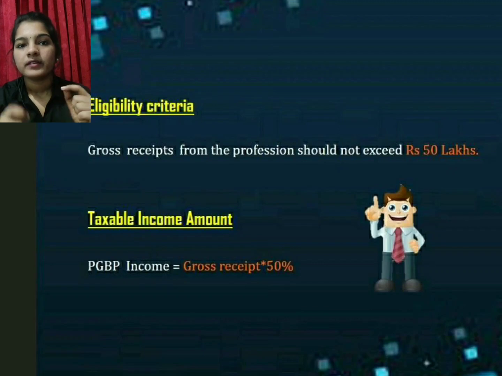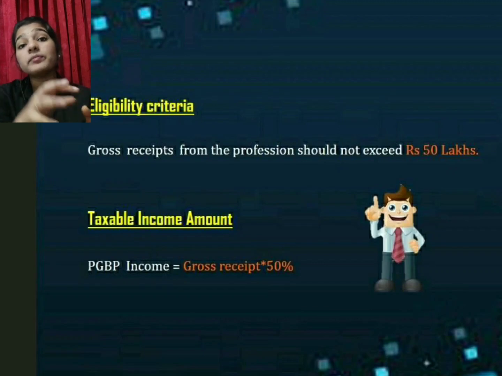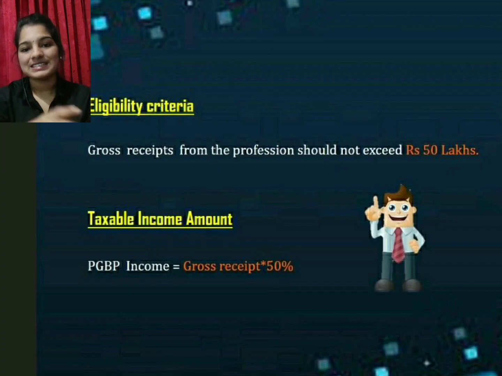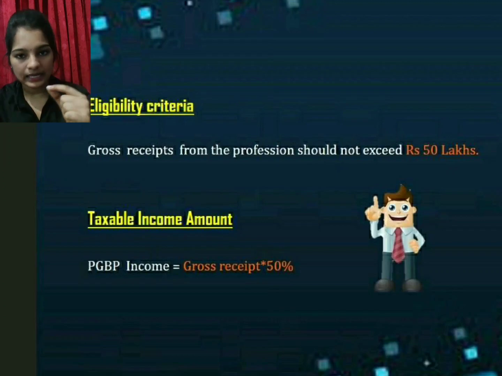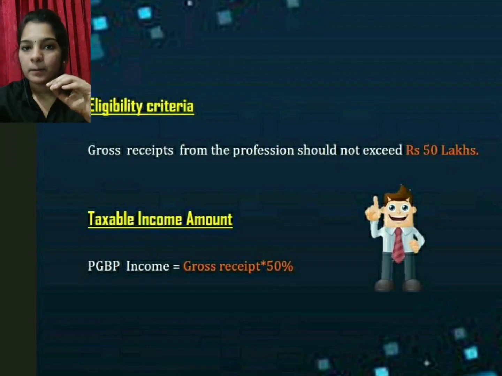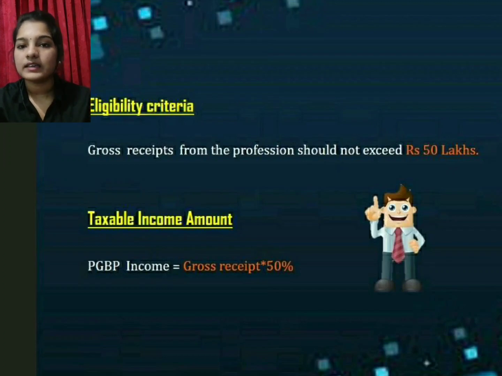What is the eligibility criteria for availing the benefit under section 44ADA? To be eligible, the gross receipts of the assessee from the profession mentioned above should be less than 50 lakhs rupees. That is, the gross receipts from the profession should not exceed 50 lakhs rupees. If the gross receipts of the assessee who is engaged in the profession as mentioned in section 44AA is less than 50 lakhs, then he is eligible to opt for the presumptive taxation scheme under 44ADA. But if the gross receipts is more than 50 lakhs rupees, then he is not eligible for the 44ADA presumptive taxation